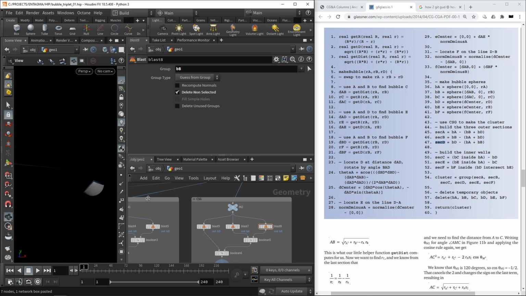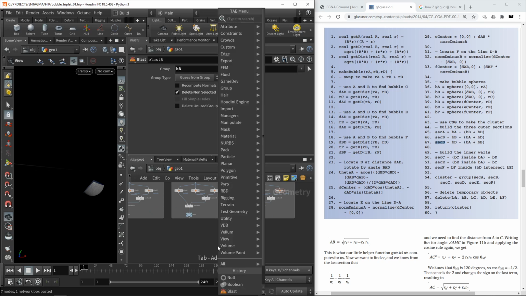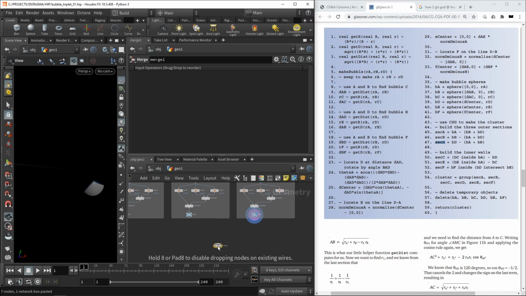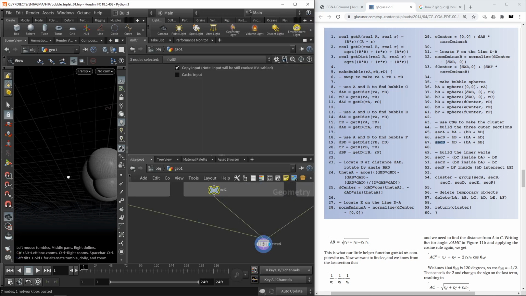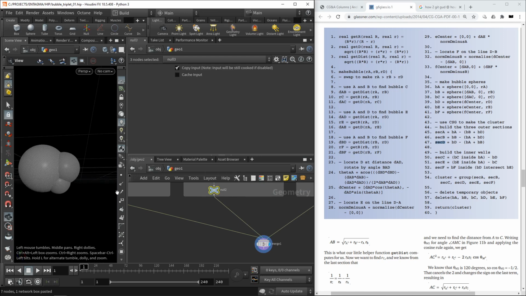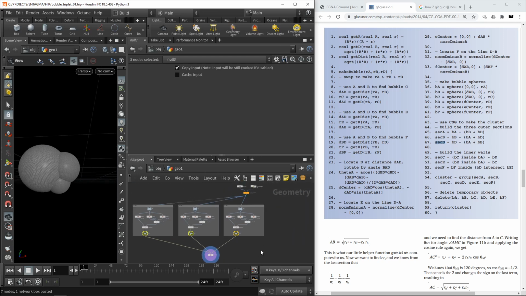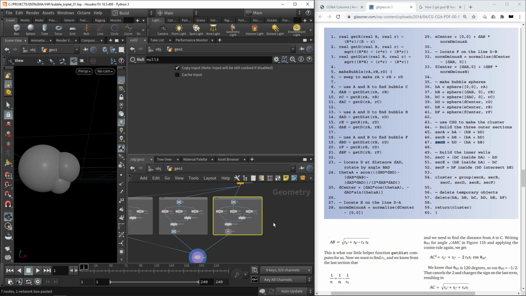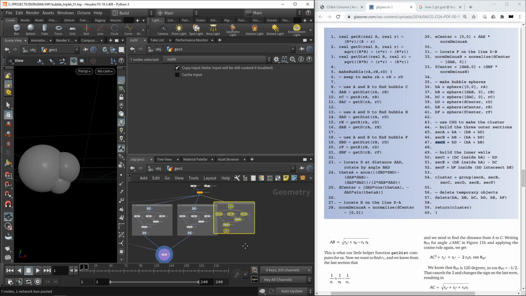BB, that is, beta. Okay, and if we merge those 3 sections here, we can see these are the outer shells of our bubble triplet. Everything fine so far. Okay, let's take this one, copy and paste it, and work on the inner walls here,